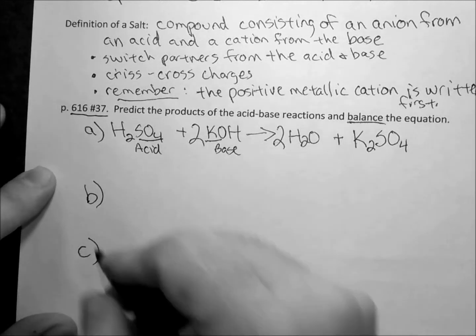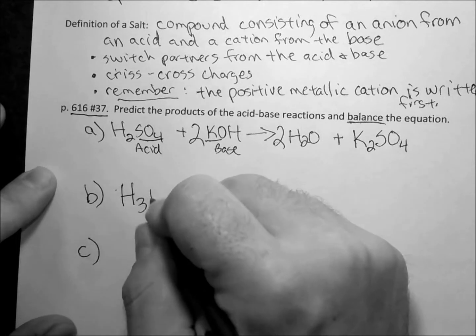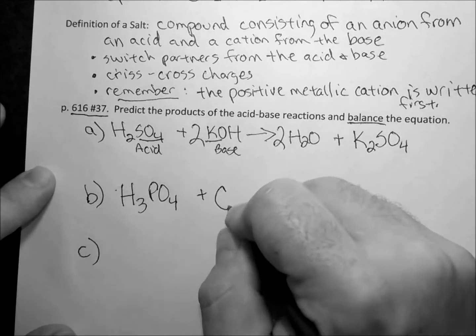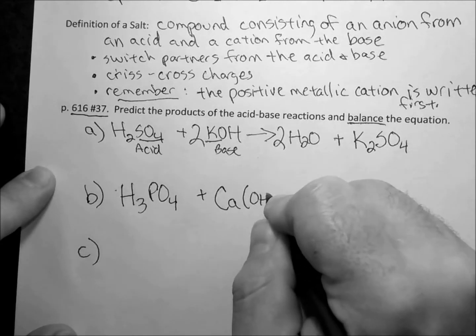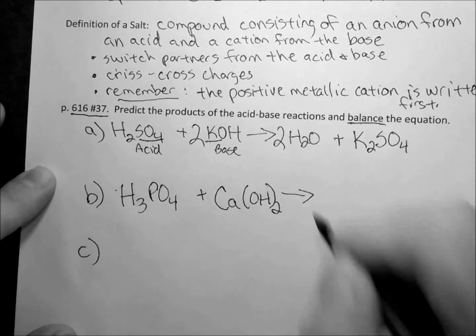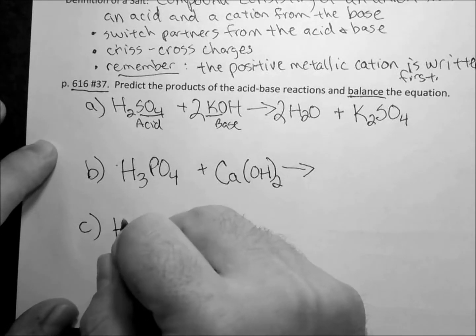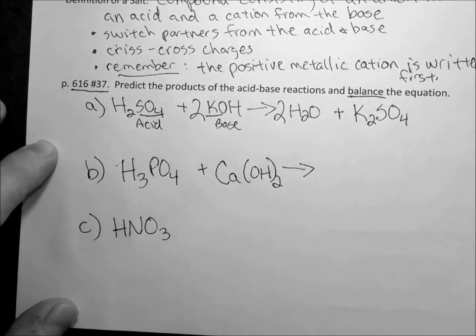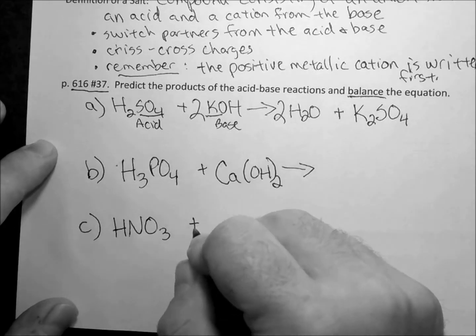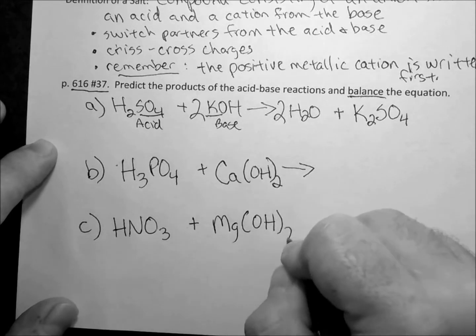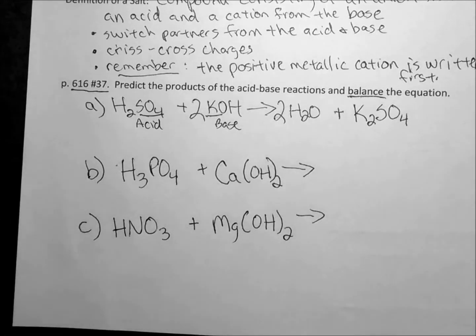Alright, here are 2 more examples that I want you guys to do. H3PO4, phosphoric acid, reacting with calcium hydroxide, Ca(OH)2. And then the last one, nitric acid, HNO3, plus magnesium hydroxide, Mg(OH)2. For those of you at home, please finish. Show it to me if you're not